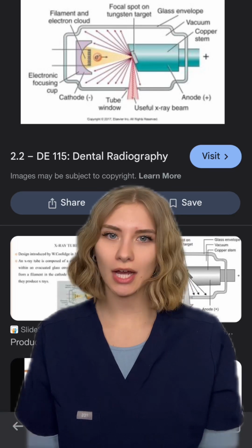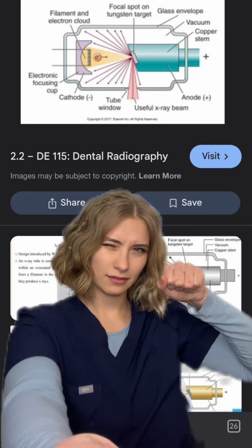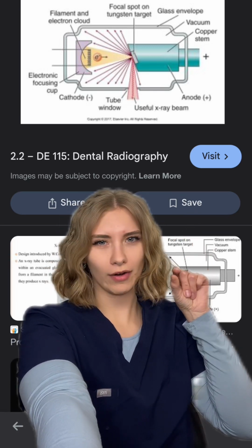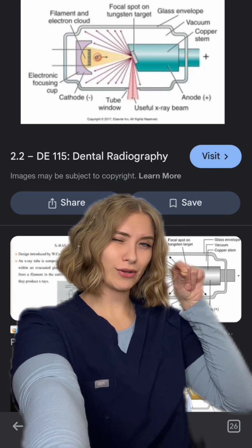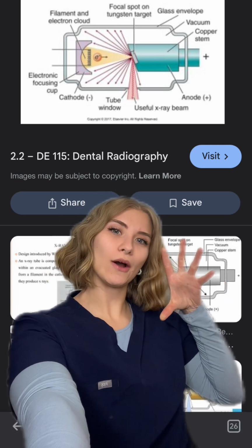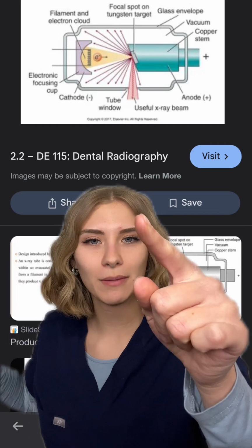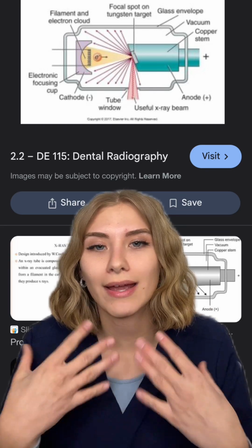Think of it like a slingshot, like you're negatively pulling back the rubber and you have something in here, right? So pretend whatever's in my imaginary slingshot is a little rock, right? You're gonna pull it back and it's creating this negative electron, and you're gonna let go and it's gonna hit and ricochet somewhere else. You try to hit the target and it hits the target, but then it goes somewhere else, and that somewhere else is going to the X-ray tube head